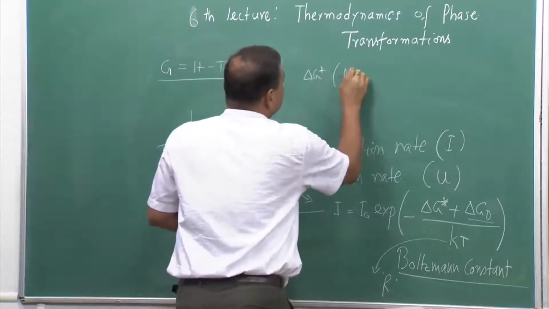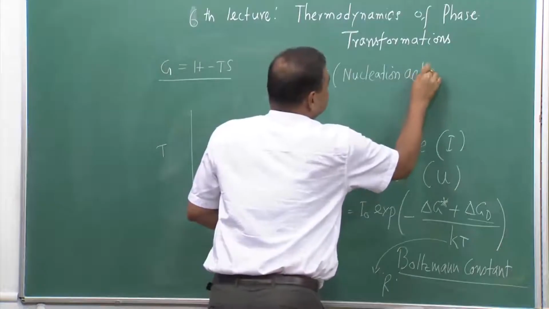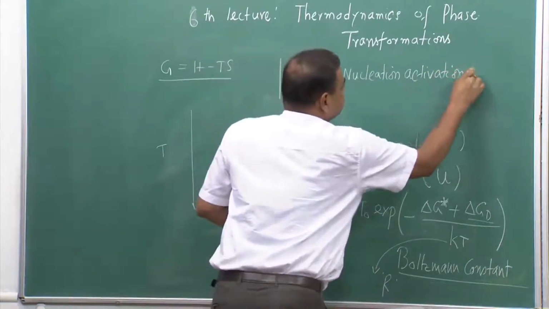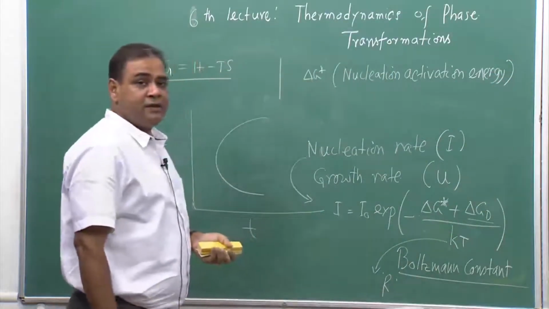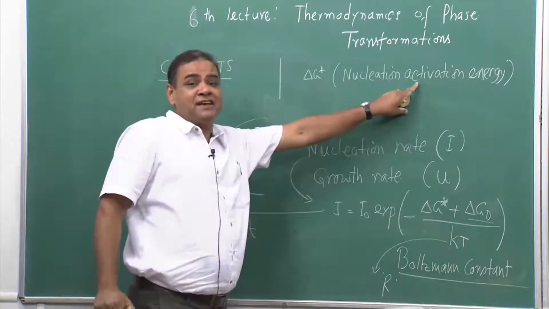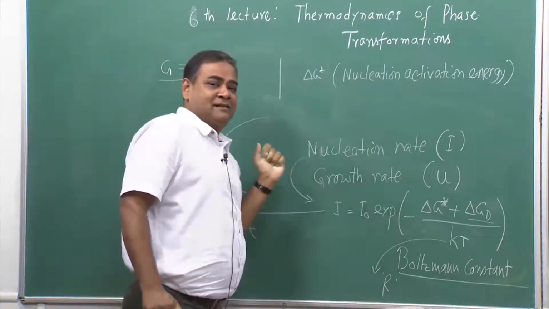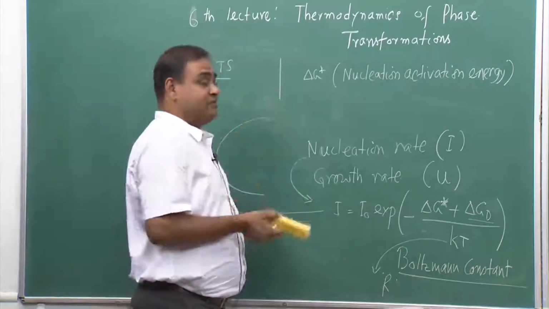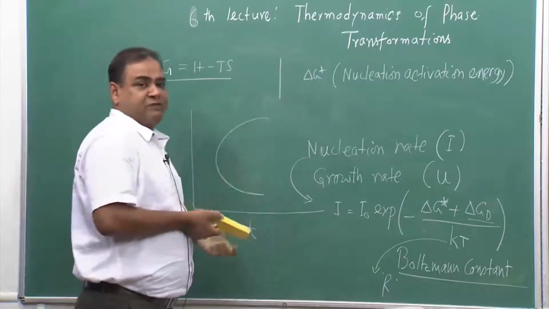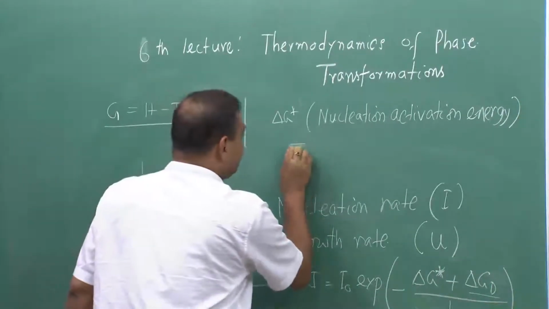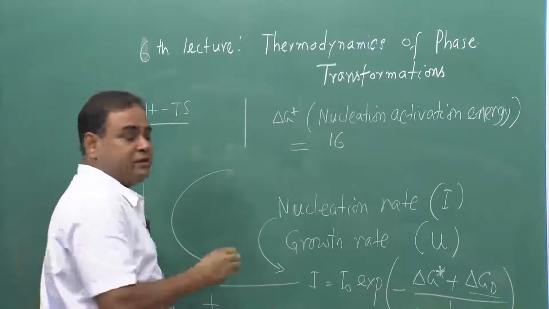nucleation activation energy. And since I have used activation energy, it immediately tells me that it is talking about some barrier in the energy axis, the energy distribution graph, as we did just 10 minutes before. Okay. So, now this is also expressed in the form of, if it is simple homogeneous nucleation, that is called